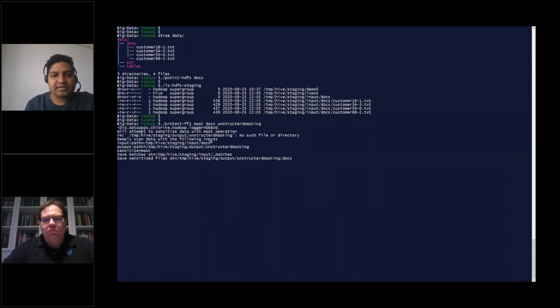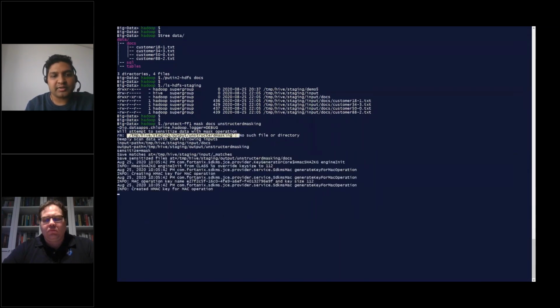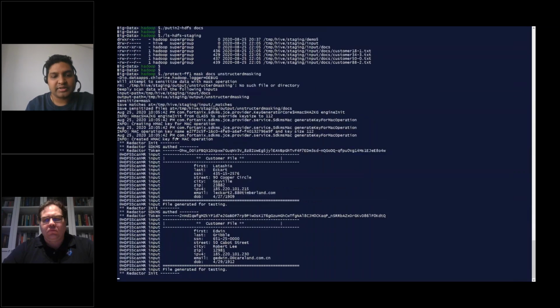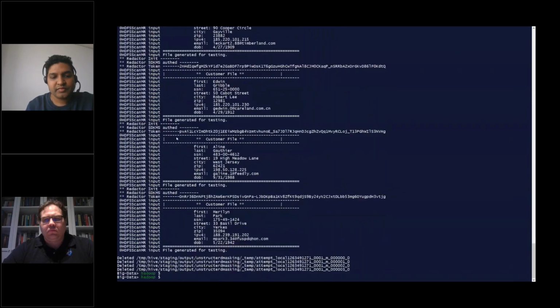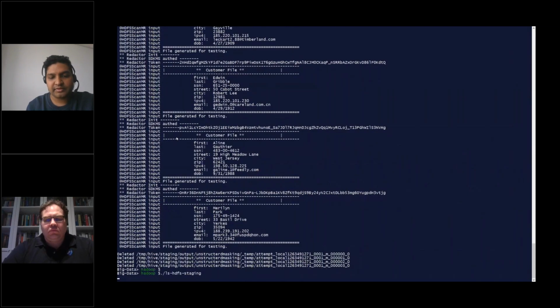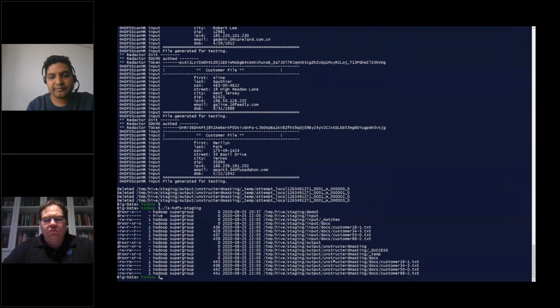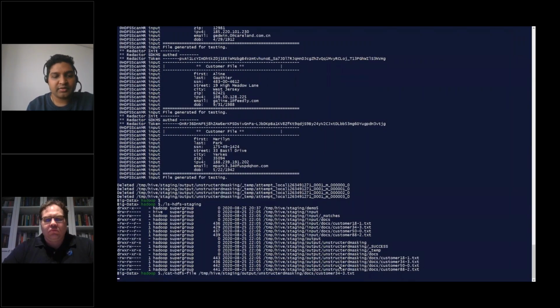So it looks into the HDFS original input data. It will do the masking. It will do the map reduce through the masking and output a new set of data which has everything heavily redacted. So let's take a look. You see the unstructured data now here. Let's take a look at one of the files. And if you take a look over here,